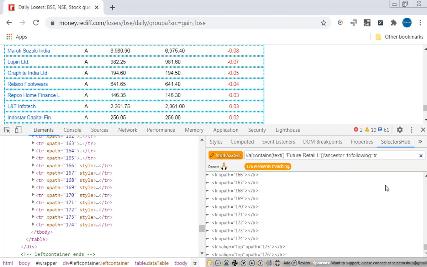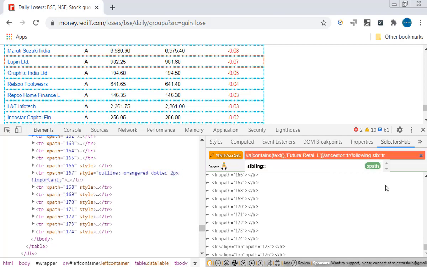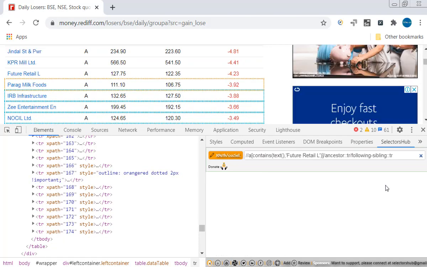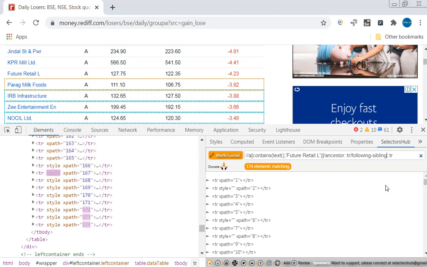If we provide following-sibling, then we get totally 174 matching elements. So what is the difference? When you give following, any row which is after this row will be selected. When you give following-sibling, any row which is after this row, but it should be at the same level.